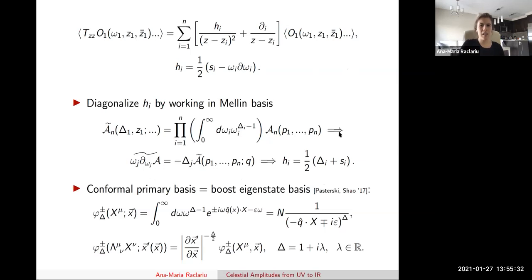So this is all I wanted to say about the subleading soft theorem, that it provides some motivation for using this basis. And in fact, afterwards, Pasterski and Shao and Andy also studied this basis more generally. For example, they showed that it provides a basis in which one can expand plane waves. To see that, one can just Mellin transform a plane wave. One finds an explicit expression in terms of,